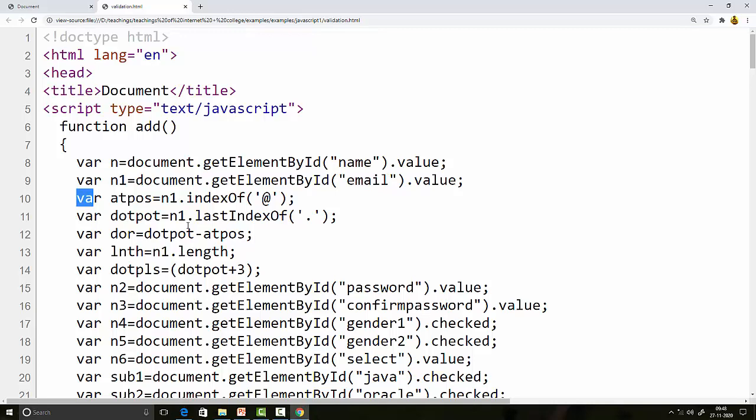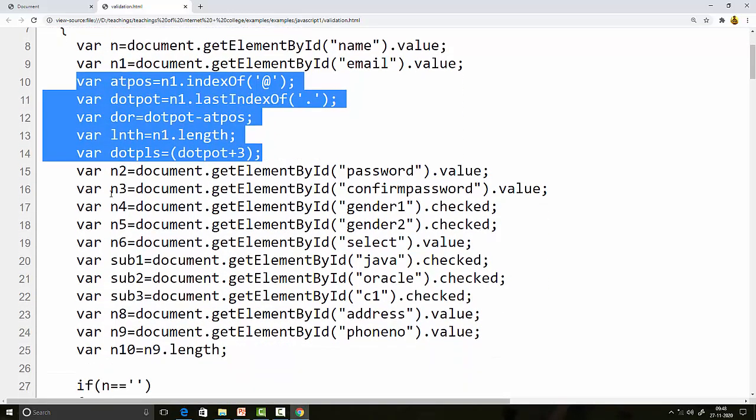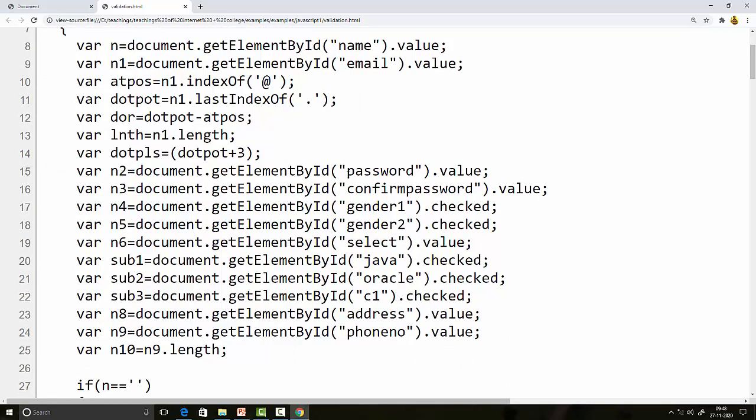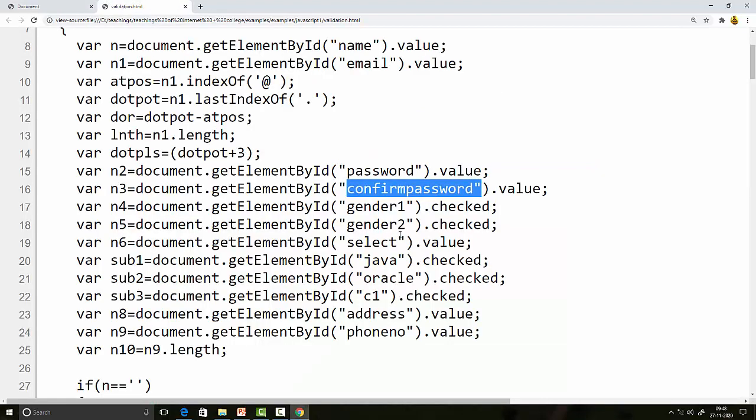I will come across all these portions afterwards. So let me make you understand the easy things beforehand. So n2, the password is also here, and confirm password is here. Mainly getElementById takes whatever value we are putting into these fields, such as name. If I put my name, that will be allocated within it. Okay, and similarly gender and select, all those things are taken here.